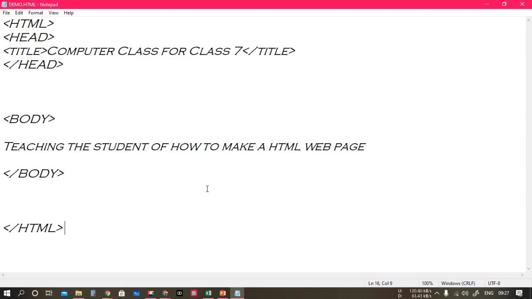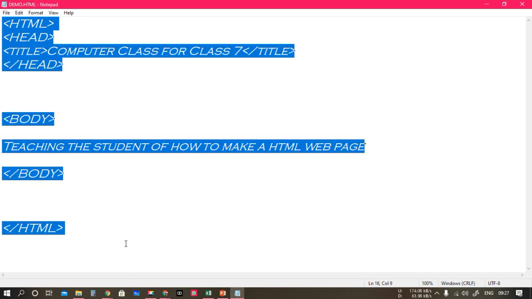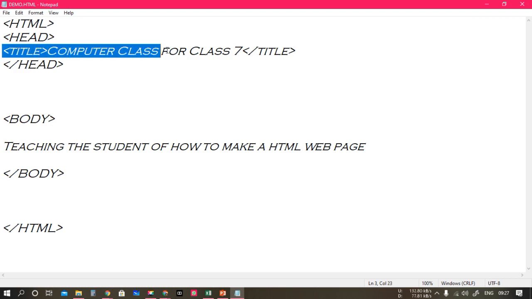Because I am saying it repeatedly, these things are going to come now. Question and answers will be very less now. Deciding the HTML, this, that, all are going to come. And one more thing, in the exam also, just read the question properly. They can ask you how to write the title. So you just have to show this part. Don't write the entire program. If you write the entire program, you are going to get nothing. But if they are asking you how to write the title, just write this one.